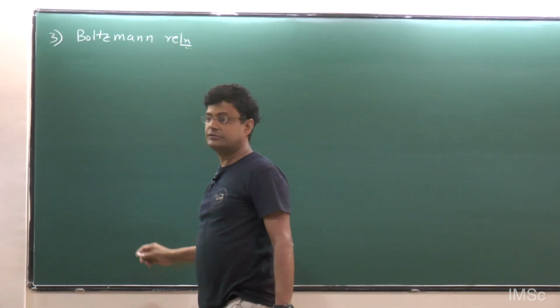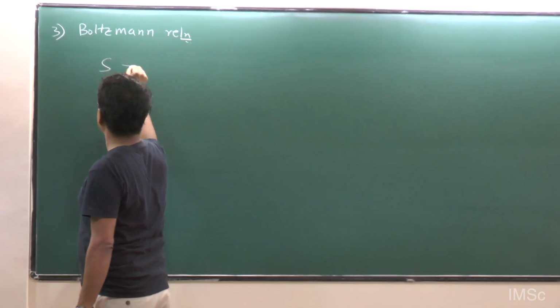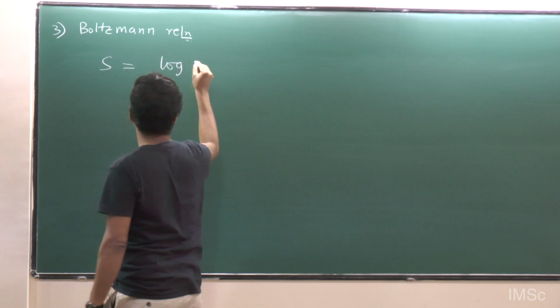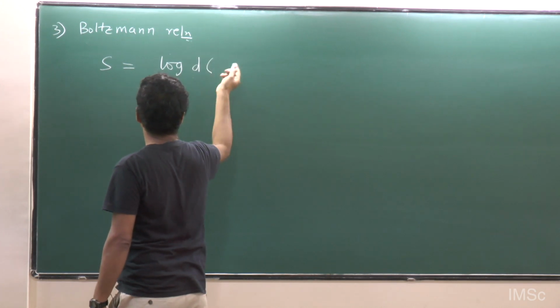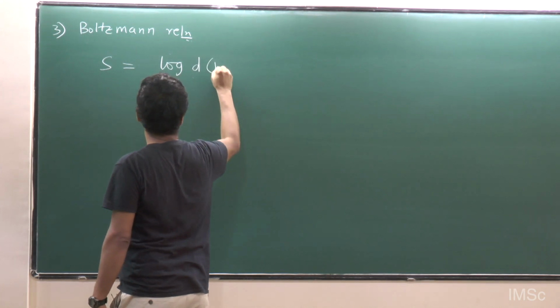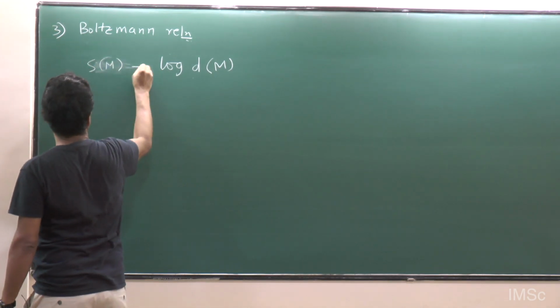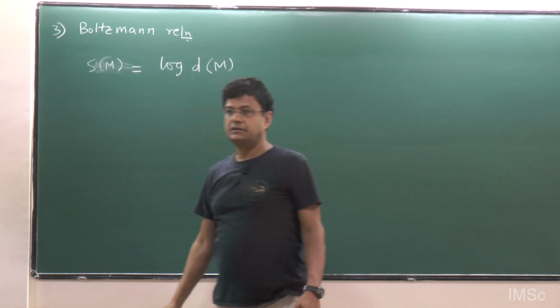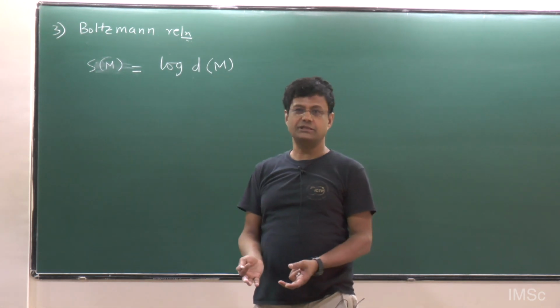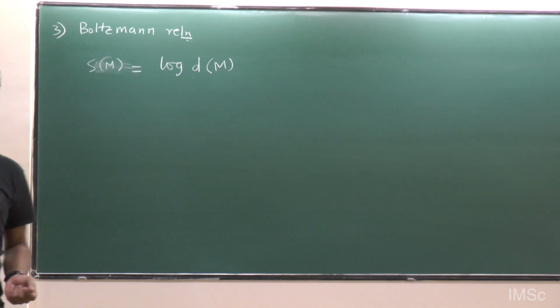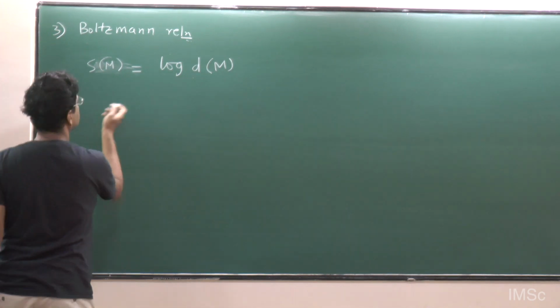Boltzmann told you that if something has entropy, it must have an interpretation in terms of the number of states, the degeneracy of the states, say with mass m. And since a black hole is really like a hole in space-time, how do you account for its